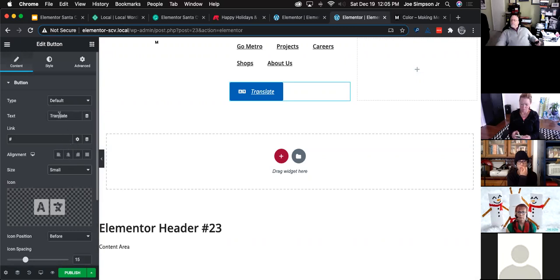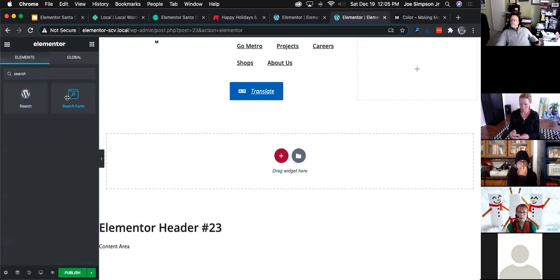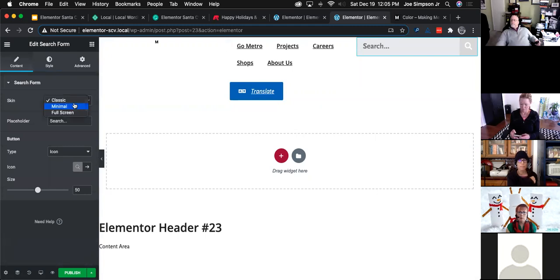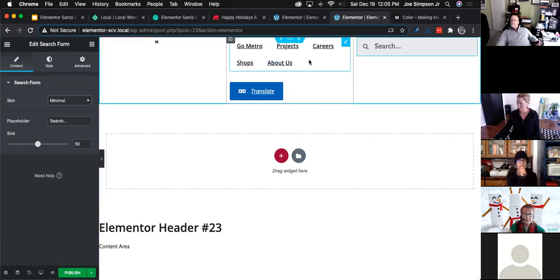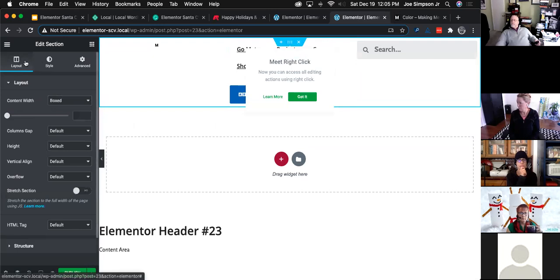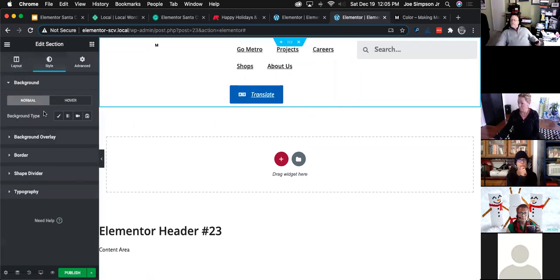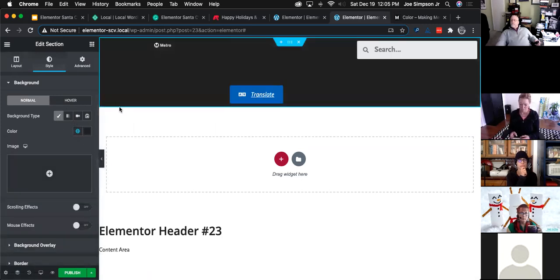All right, and then we need a search box as the last item. And then I'll have to touch it up later, but just for the purposes of the demo, let's go ahead and style this. Okay, so for the background, it's a primary color. Then we choose